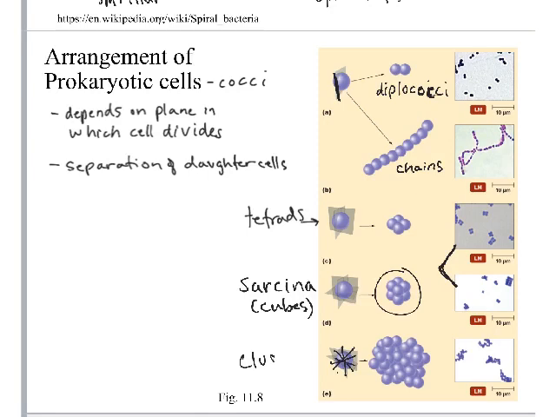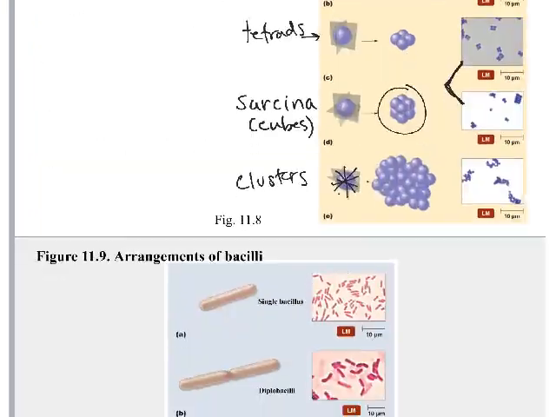And then if we see clusters or big groups of cells, that's when the cells stay stuck together and divide in many different planes. Okay, so we see a good variety of the cocci, different cell arrangements, not quite as much